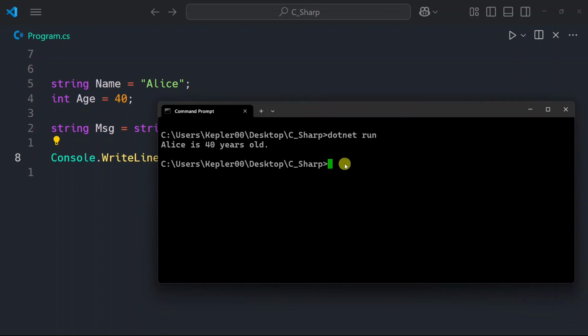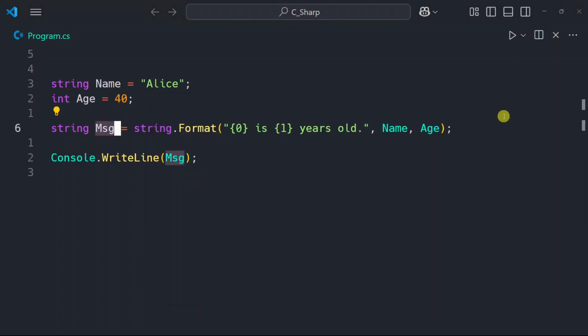But in 2015, the .NET team added string interpolation in C# 6. Wow, I can't believe it's been 10 years. String interpolation provides a more readable and even more convenient syntax that is flexible to form strings with just the $ symbol. So rather than doing all of this, and again,